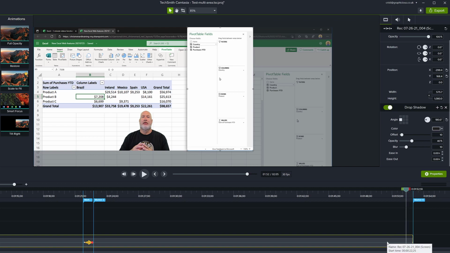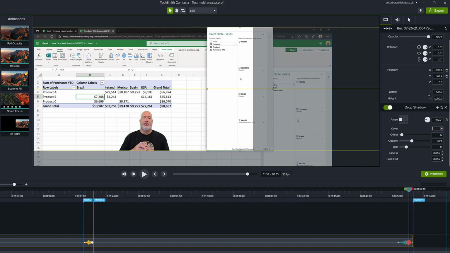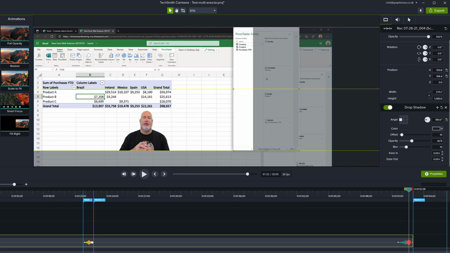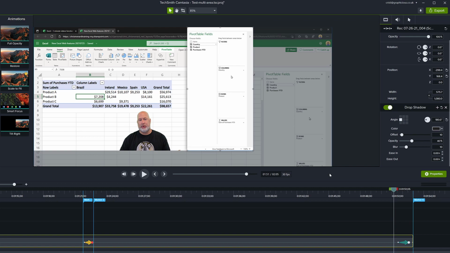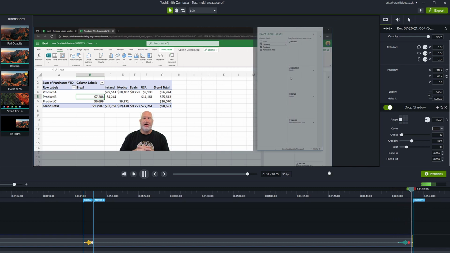So again, on the same clip, what I usually do is, because I have this shadow here, it looks like it pops out of the screen. I can go again to a custom animation, put it right at the end, and just use the arrow keys to slide it out like so. There we have it. So now it's going to slide out of screen very nicely. Look. There we go.